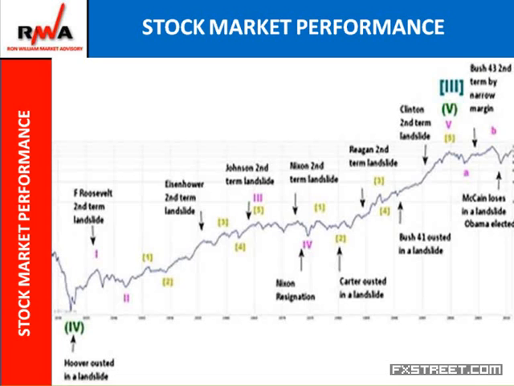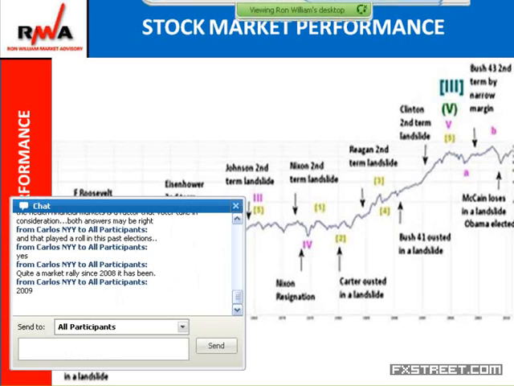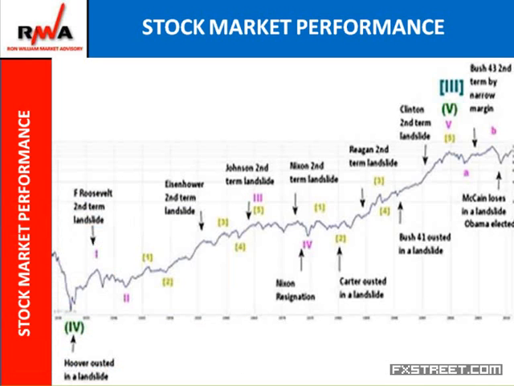Sorry about the legends on the chart not being so clear. One thing I did miss out is, of course, during the 1929 Wall Street crash, you have Hoover ousted in a landslide loss. Of course, you can imagine if there's any kind of Great Depression environment, any kind of negative stock market performance, such as I think it was around an 80% drop in the stock market, that's never going to be positive for any kind of presidential election win.